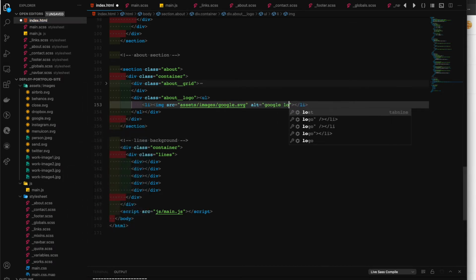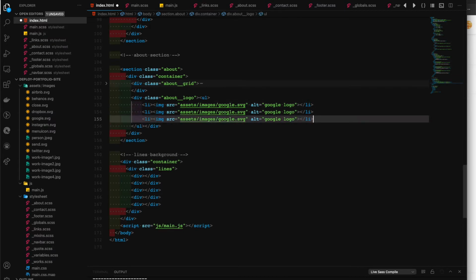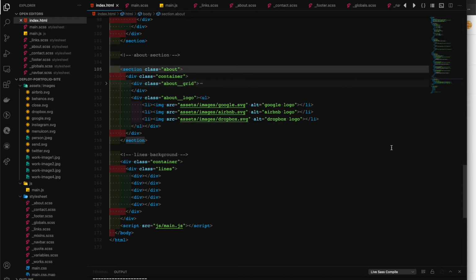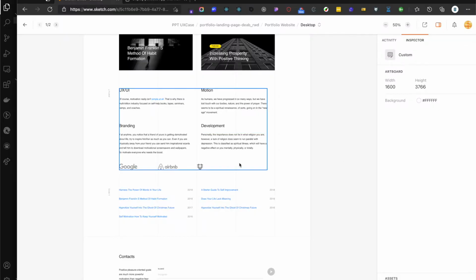and call this one Google logo, and let's copy this particular list and paste it 3 times because we have 3 logos right there. And second one is Airbnb, and we'll call this one Airbnb logo, and we will have another logo at the last, which is dropbox.svg, which is Dropbox logo. All right, so I think we are pretty much done with our